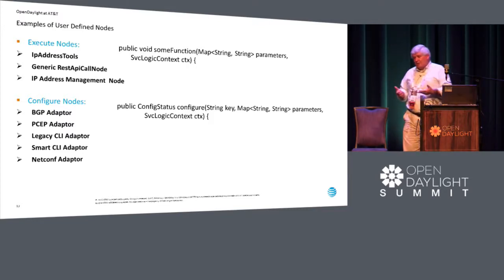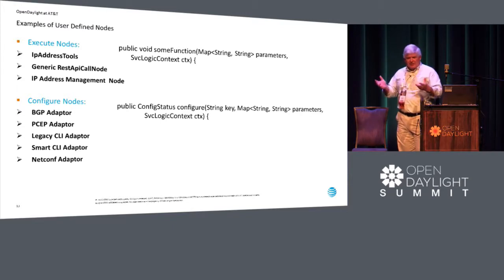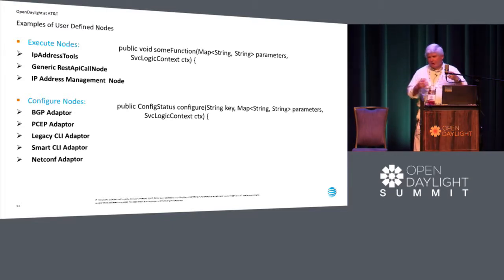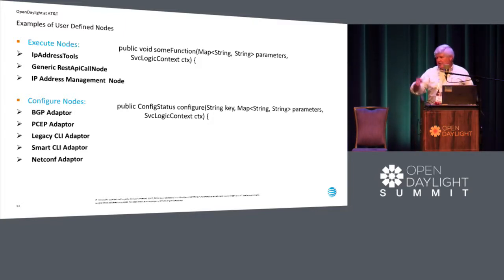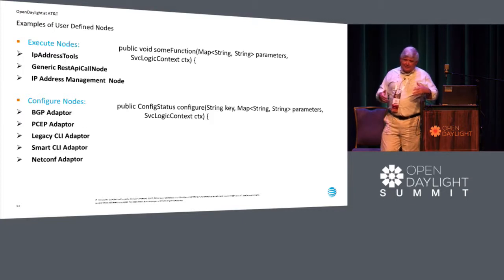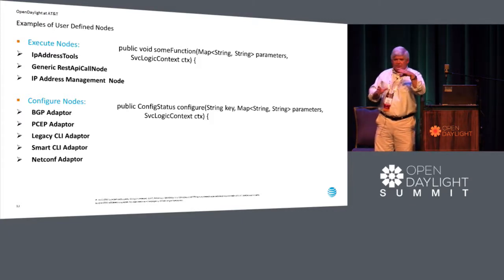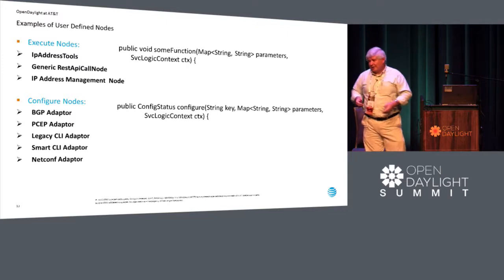But it does route manipulation, net masks, get the subnet, do all those things for v4 and v6 that you need to do. You just the mathematical parts of manipulating addresses. We have a generic REST API call. Turns out that most REST API calls kind of look the same. The payload has a template with variables in it. I have a URI. I put SSL on or off. And I can use that as a node that I don't have to code every time everybody else has to